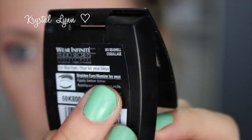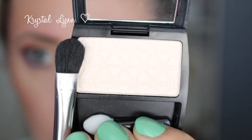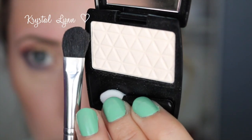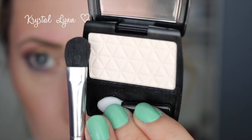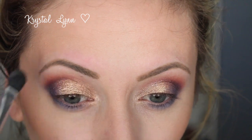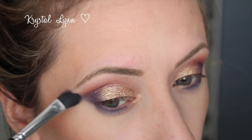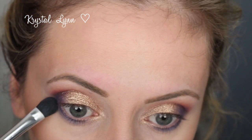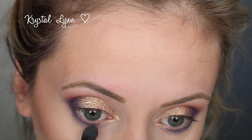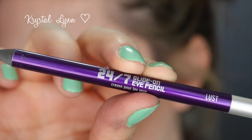All right, so next I'm going to go in with this shade from L'Oreal. It's the Wear Infinite eyeshadow in Seashell, and it's just a matte off-white, and I'm just going to apply this onto my brow bone as my highlight shade. You can take any highlight you have. You don't have to use all the same products I'm using. If you guys have similar products, just use what you have. You don't have to go out and buy what I have. So yeah, I'm just applying that as my brow bone highlight and a little bit in the inner corner,